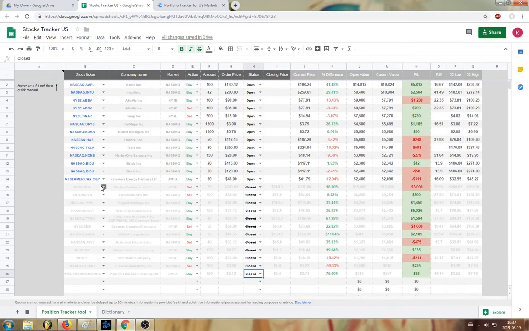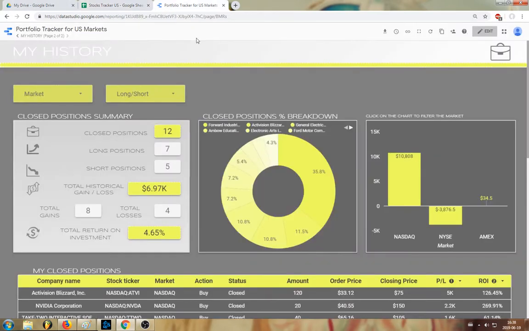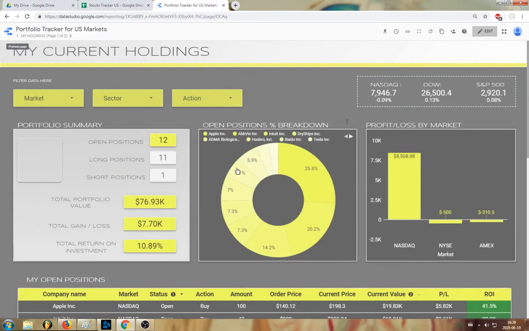So as you can see, it's that easy, and Snap is already here, and it shows some additional ratios here, like price to earnings, which if blank means the company is negative on net income, and 52 week low and 52 week high. So anyway, we go back to our portfolio, we go back to our positions holding, position tracker,